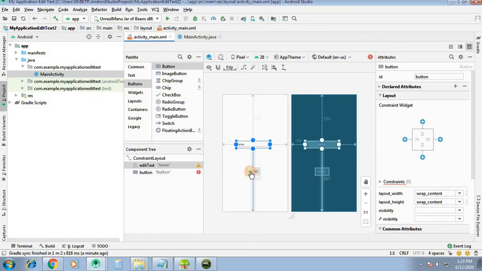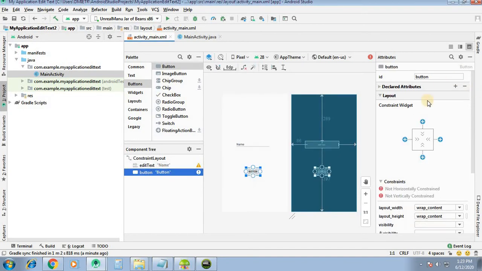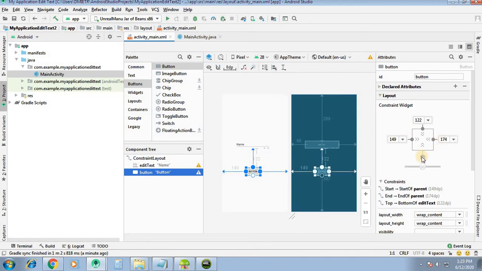We will set the coordinates for the button also. Okay, so this is what our setting is.